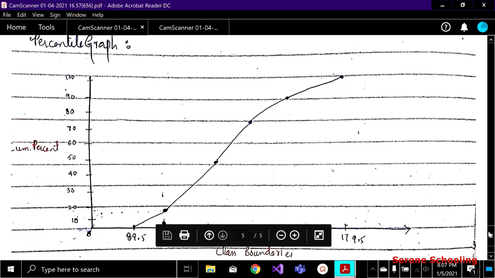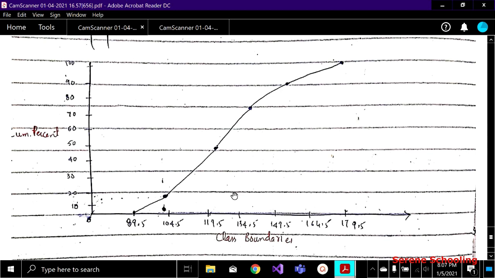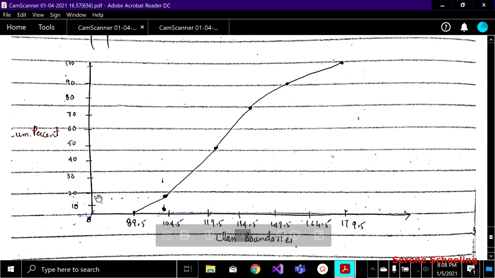The percentile graph also gives you an estimate of the percentile rank. We have discussed how to find the percentile rank in the last video. Here we discussed the formula, which is quite easy. But here it will not give you the exact answer unless your measurements are very accurate. To get the percentile rank for this class boundary, you can draw a line over here and then draw a line straight over here. Whatever lies over here will be the percentile rank. But a better approach is to use the formula. The formula is very easy. We have discussed this in detail in the last lecture, you can see from there.